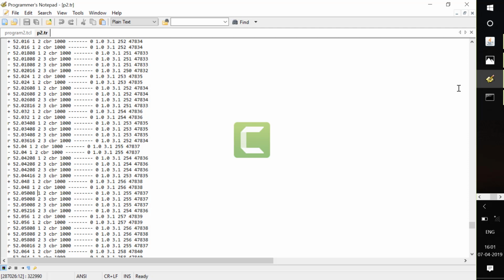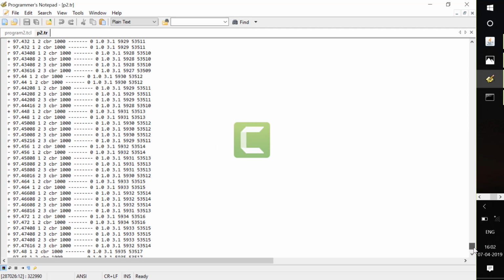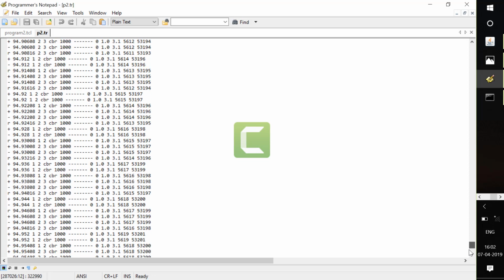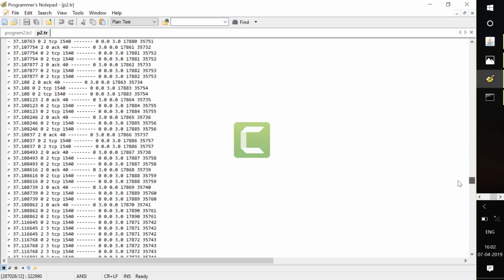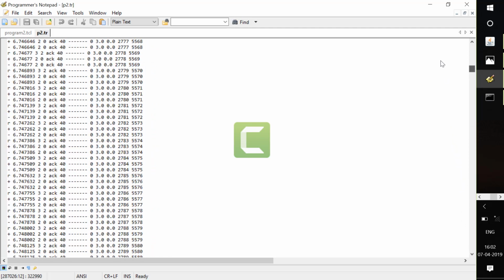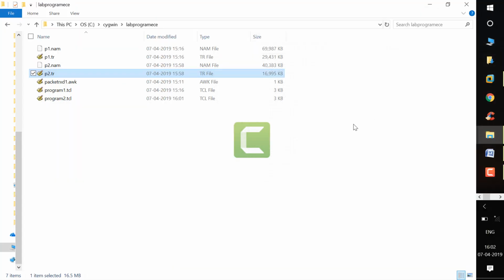You can see there is no acknowledgement present here, as I said, it's a connectionless protocol, you don't have any acknowledgement back to the source. Here you will only have an acknowledgement if you are using the TCP protocol. This is all about the TR file. Our main intention is to calculate received packets, from which type of packet we are considering, and size. Fine. Now we'll create an AWK script.